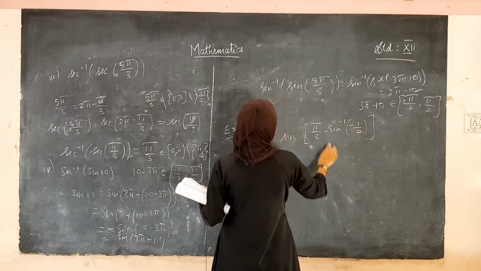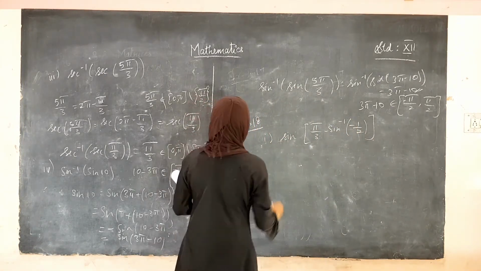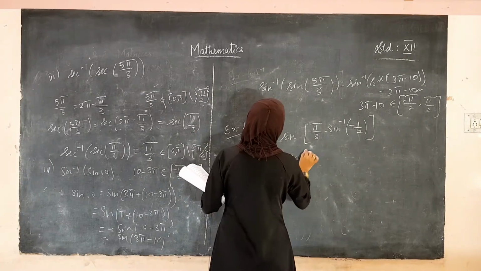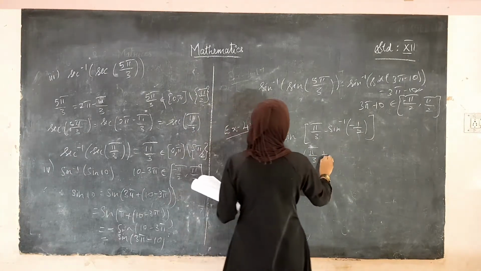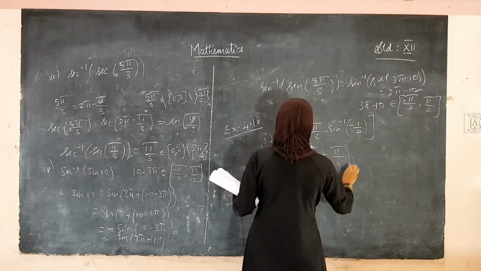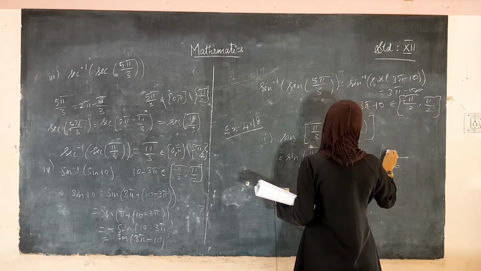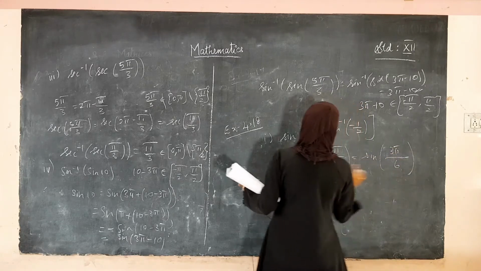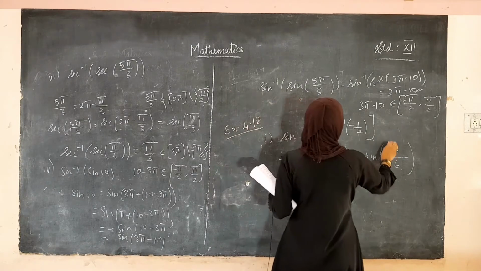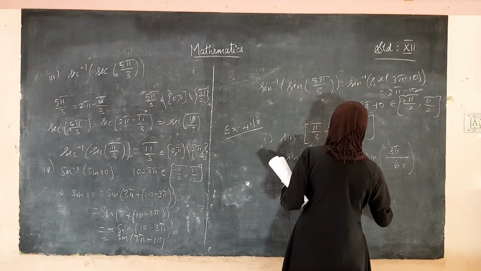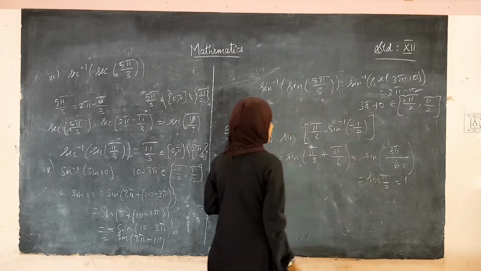See here, what is the value of sine inverse of minus 1 by 2? It is minus pi by 6, right? Therefore, sine of pi by 3 minus pi by 6 becomes plus pi by 6. Therefore, which is equal to sine of, taking the LCM as 6, it becomes 3 pi, right. Taking the LCM as 6, it becomes 2 pi plus pi, therefore 3 pi. Therefore, it becomes sine of pi by 2. What is the value? The value is 1.